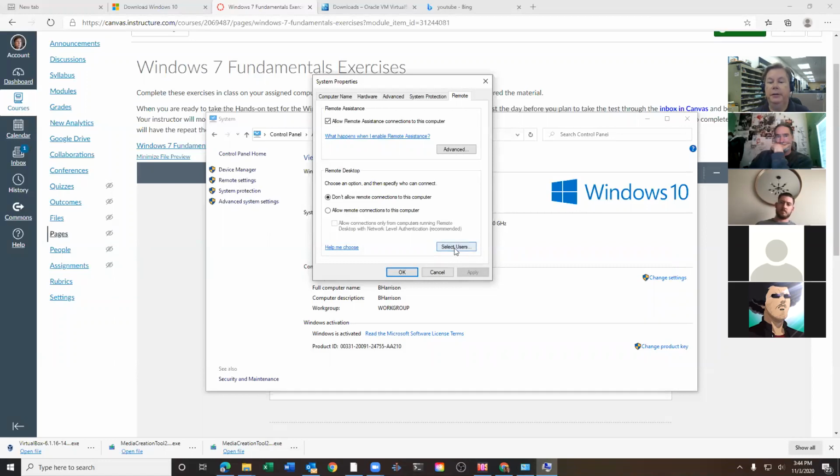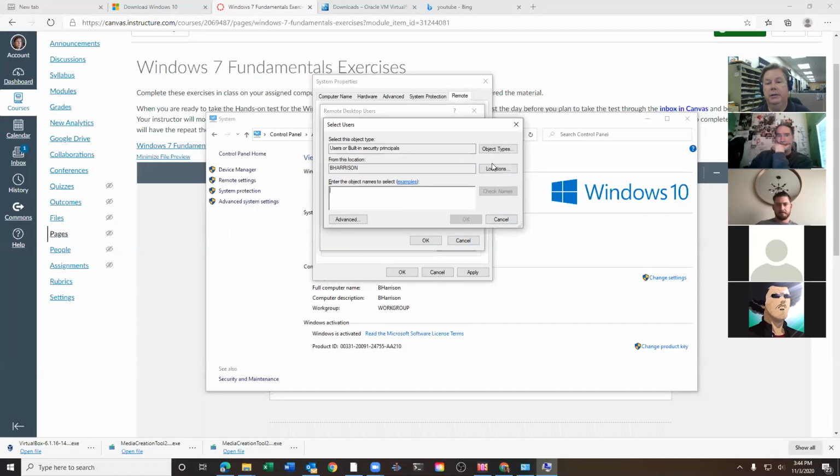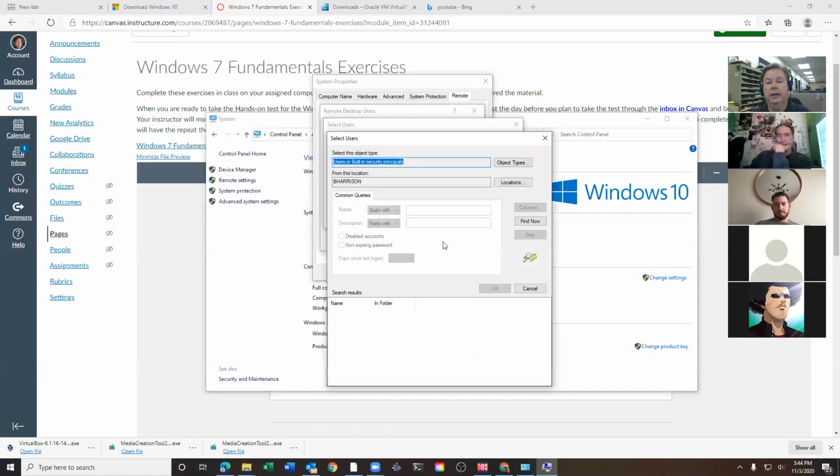If I select users right here and add, and then click on advanced, find now, down here at the bottom you can see there's a whole list of different users or groups that I can add